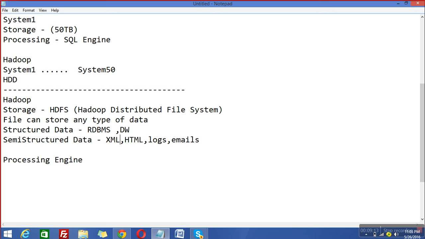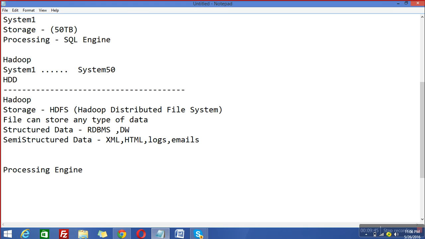In HTML and XML, tags are fixed, but the data type can change. In emails, the number of fields is fixed, but you can directly send a text email, or you can attach any PDF, any Excel. So the type of data is not predefined, and almost 90% of data nowadays we are generating online is all about semi-structured data. So XML is a file, HTML is a file, log files, emails we can export as files.